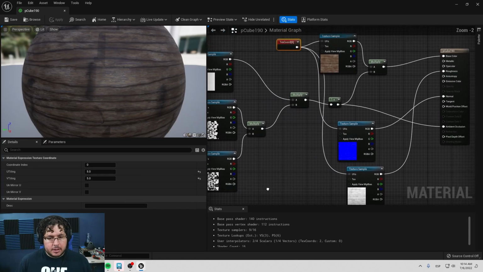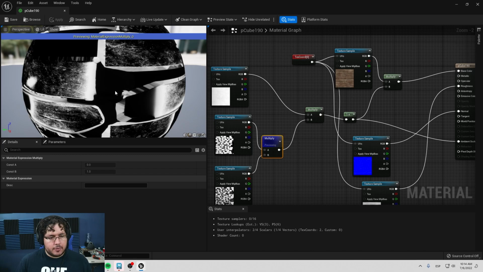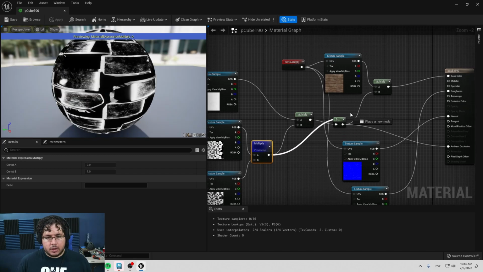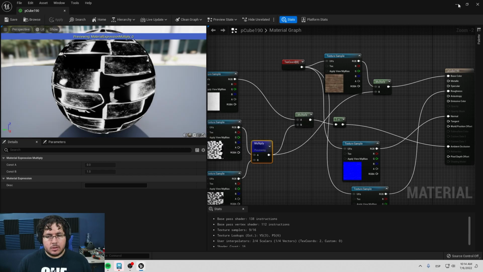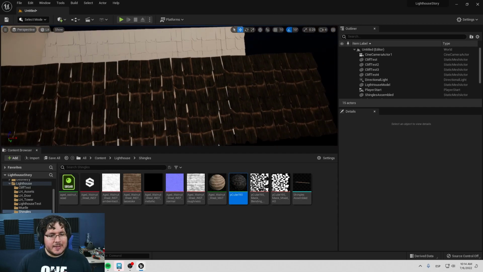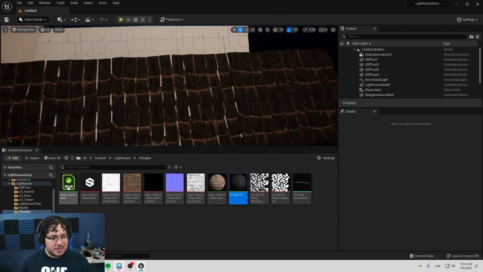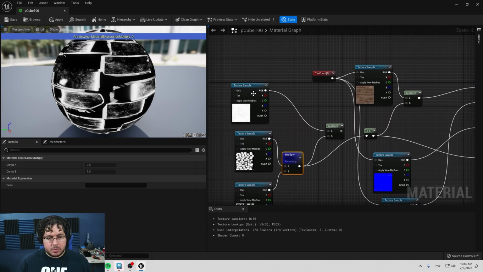And as with anything, if you say, hey, maybe I did like this effect that we had right here, why not just multiply this one over here? We can do that. Let's see how that looks. So it looks okay, but as you can see, it's inverted, right? We're getting the dark colors instead of the white colors. So maybe the only thing we need to do is run this through an inverse node and get this in here. Maybe we don't want to use the ambient occlusion from the